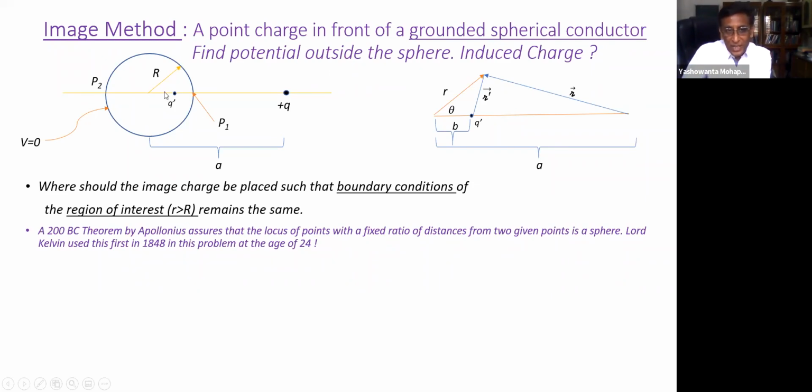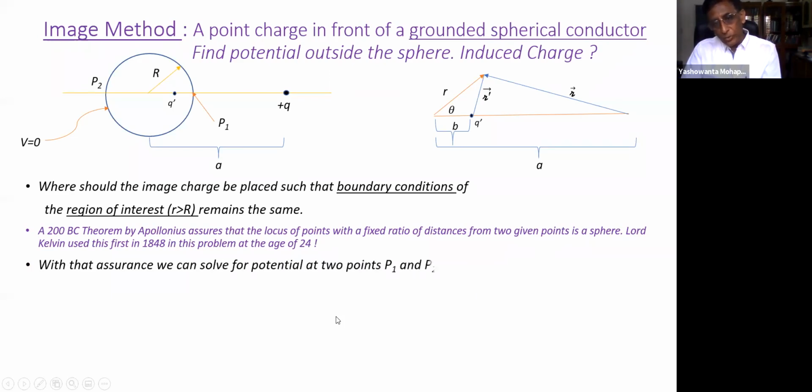If I divide this line from two different points in some fixed ratio, then the locus is a sphere. And this was realized by Lord Kelvin in 1848 for this problem. At that time he was not yet Lord Kelvin, he was at the age of 24. Anyway, assured by that, we now know that I can always find